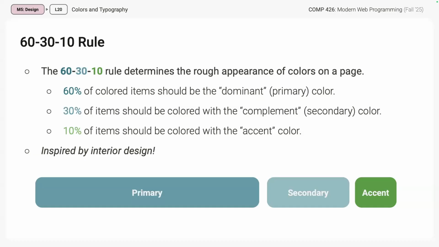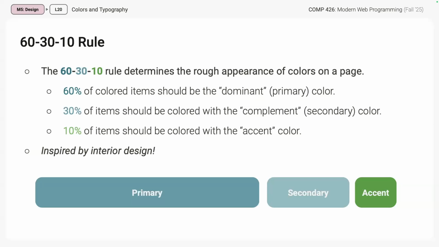We can also apply it in the context of our software, where a lot of times 60% of items should be some sort of dominant color. This could be the primary color, or in some cases a background color. The background is the majority of your screen, that's 60%. Then 30% of your items might be more of a complementary or secondary color. But then you usually have an accent somewhere, like 10%, which is the highest prominence, and it's used sparingly,